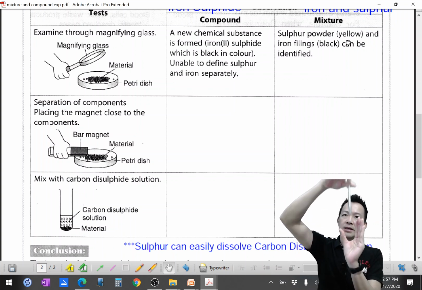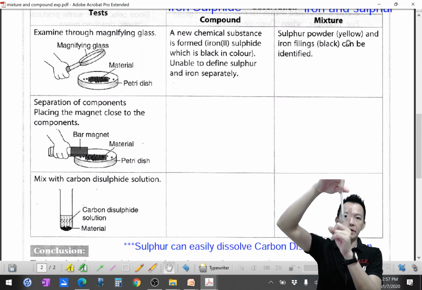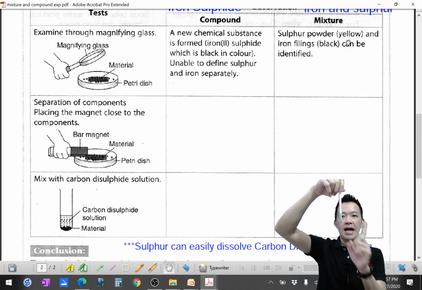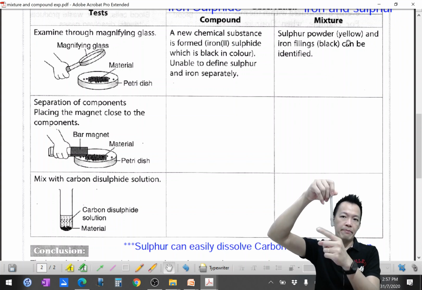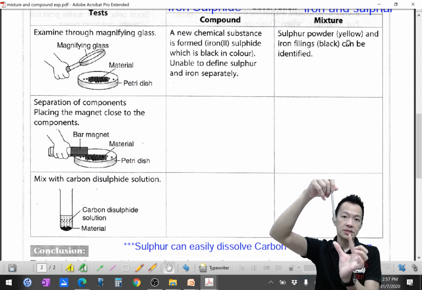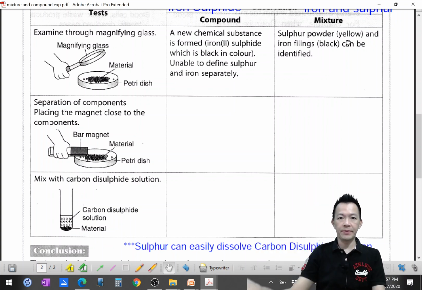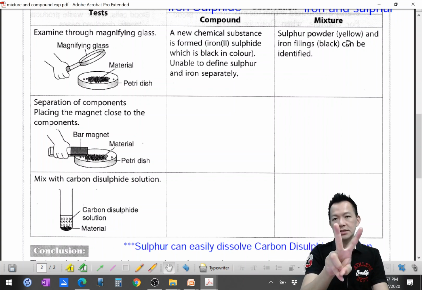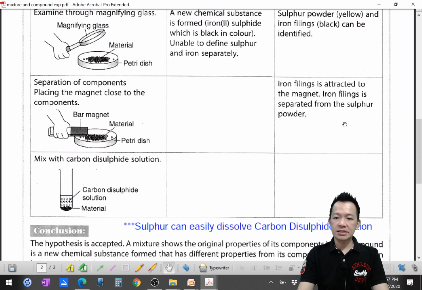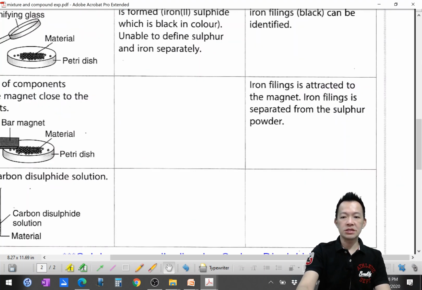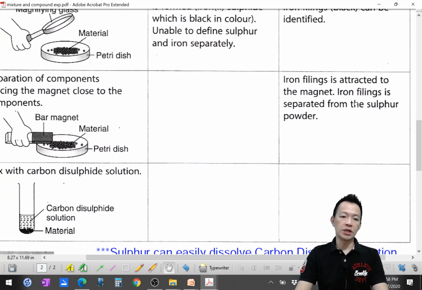After this, I remove my magnet, 我把磁铁拿起来。All the iron filings are attracted by the magnet. 全部的铁呢被我的磁铁吸走了，对不对？Another meaning, iron maintains the original properties. 铁保持着原本的特征，硫磺不能被磁铁吸的，也保持它原本的特征。So in a mixture, 在混合物里面铁是铁，硫磺还是硫磺，ice 还是 ice，kacang 还是 kacang，OK？So iron filings are attracted to the magnet, and iron filings are separated from the sulfur powder. 铁保持着铁的特征，硫磺保持着硫磺的特征。